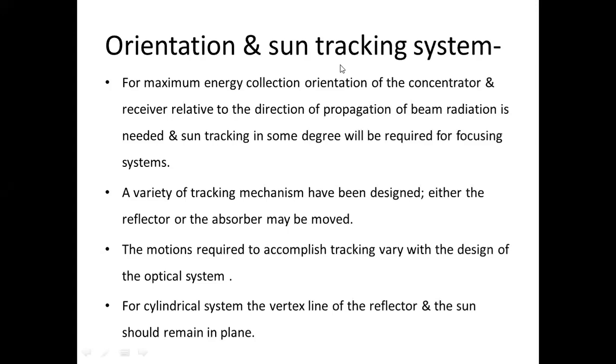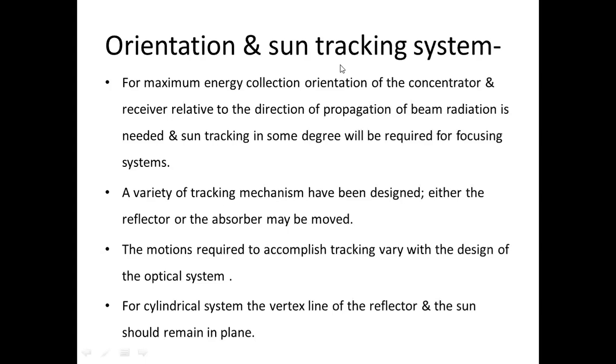We know that we see various types of optical systems or collectors that may depend on the shape or working: parabolic type, cylindrical type, flat type, or any other type. So it depends on the structure of the optical system, the motion of the sun tracking is important. We have to consider that point also while tracking the sun, which type of design we are using.